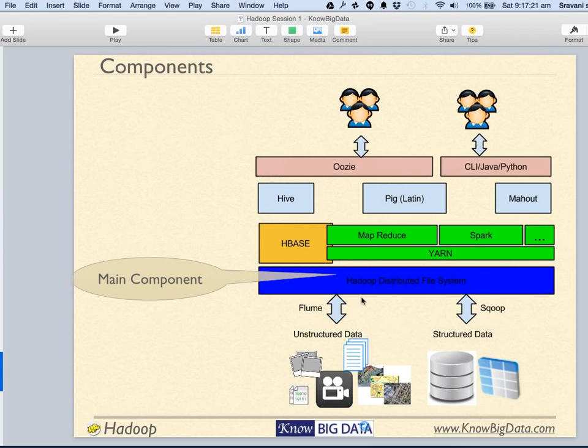Now let's talk about the main components, which is the Hadoop distributed file system. Hadoop distributed file system is the base of the whole ecosystem. The whole Hadoop ecosystem, you can see these components. We'll talk about each of these components after we finish HDFS. And the Hadoop ecosystem has HDFS as the base. Now the question arises, why do we need a new file system in the first place? What is the point of having a newer file system? Okay, we'll talk about this.